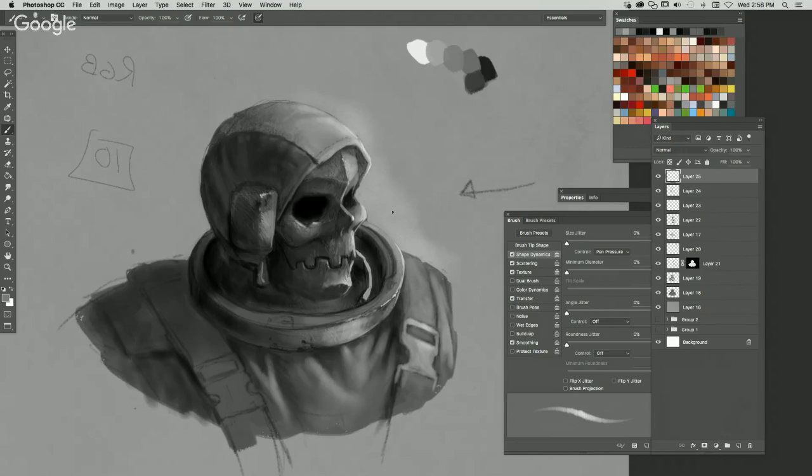Okay, I think I'm at the point where I'm going to start adding color. Some areas look a bit blurry, like on this chin, even this light shouldn't go that far around.